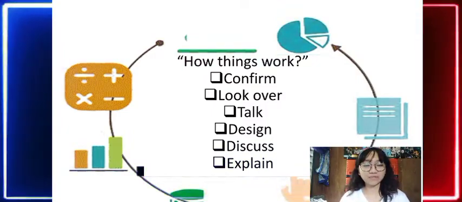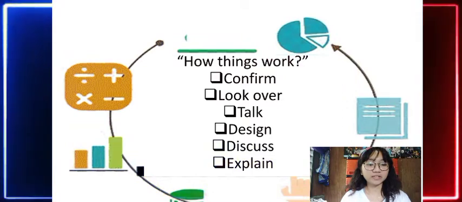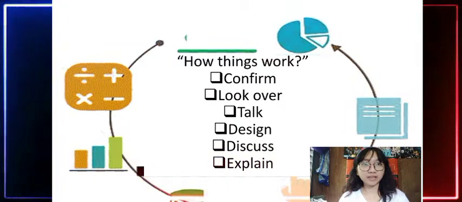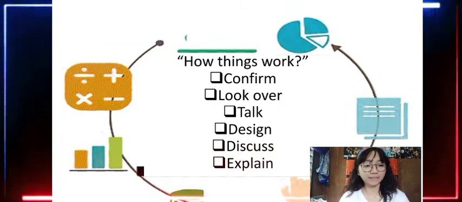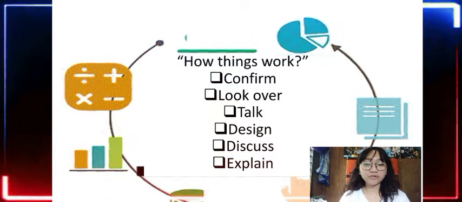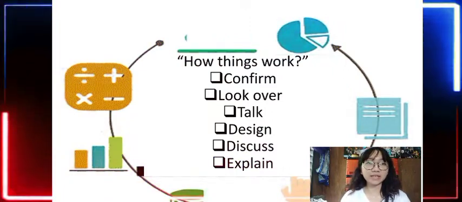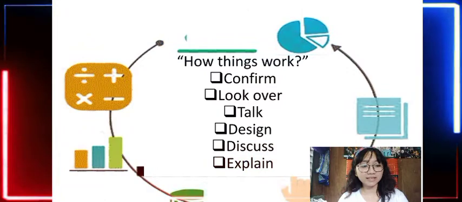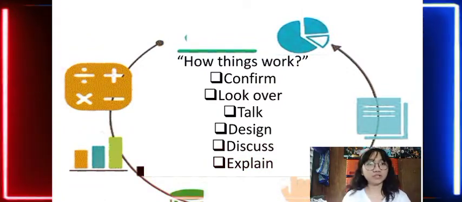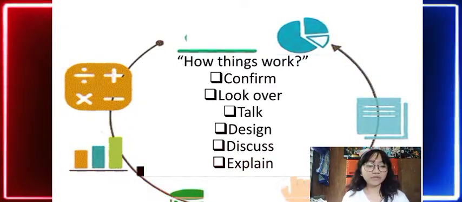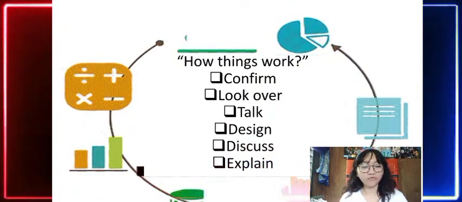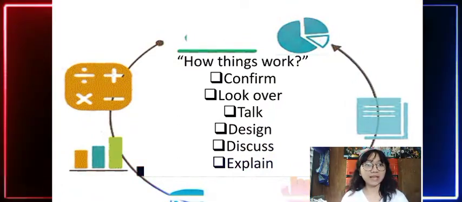Accounting information system professionals often ask the question, how things work, which is an important matter, especially if you are a new employee in a certain company. As a newbie, you need to confirm how a system is operating before starting to make an audit or make recommendations in operational efficiency. Flowcharts make it easier to view the whole system of the company, and as a new employee, you need to look over any existing manuals and talk with other employees familiar with